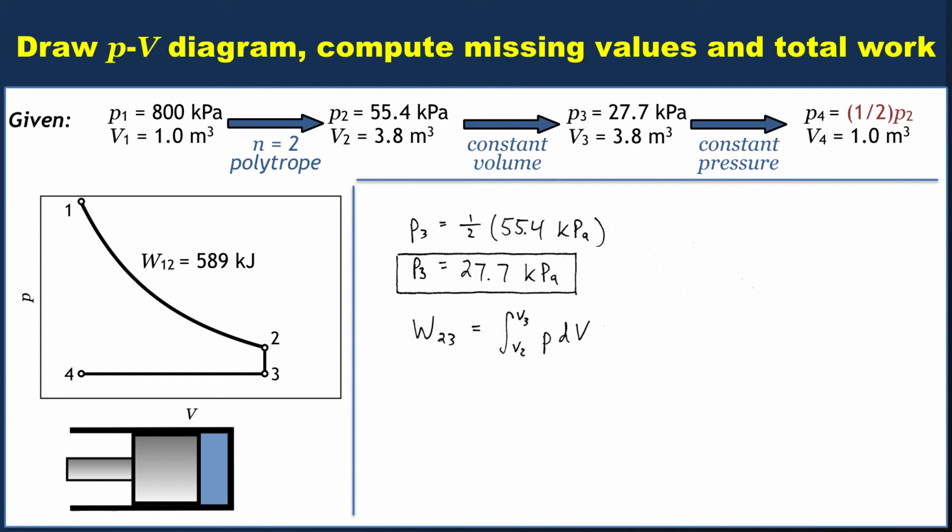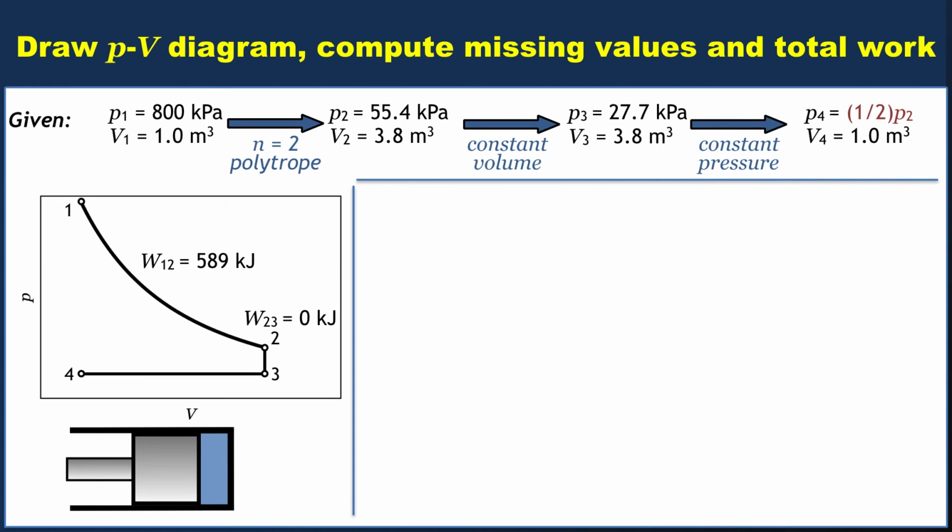You could also get this another way. If you look over here at the PV plot, that's a vertical line. You may remember from your lecture notes that the magnitude of the work is the area under a curve for a particular process. The area under a vertical line is also 0. So the work in going from state 2 to state 3, well, it's just 0. Okay. Makes sense. The piston didn't move, remember, so that's not too big of a surprise. Work 2,3 is 0. We'll put it over on our PV plot.